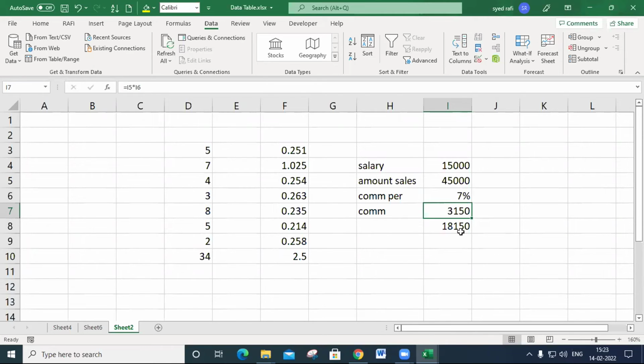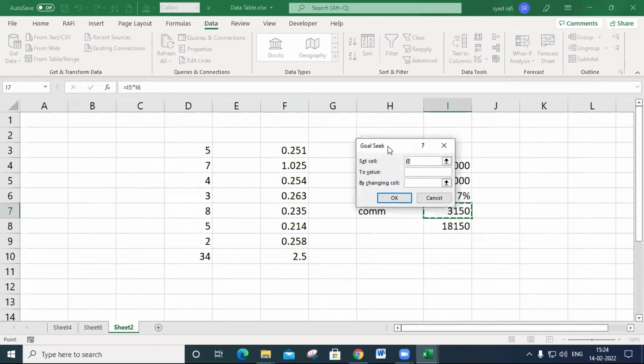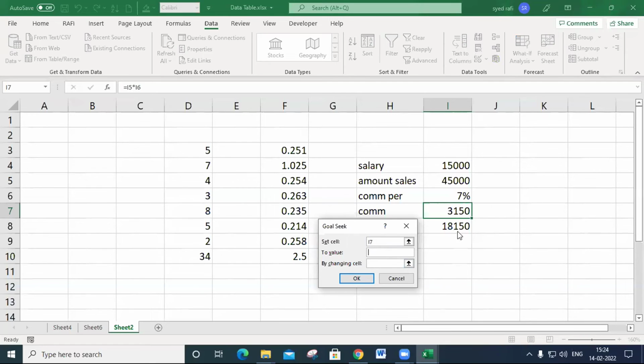Okay, so in this situation, we do one thing. This is the commission, the 7% calculated percentage, but he needs 5,000. So how does he get 5,000 displayed here? I click here and click Goal Seek, and say To value, 5,000.